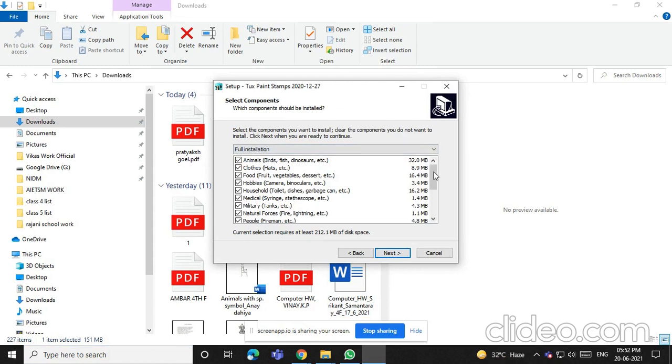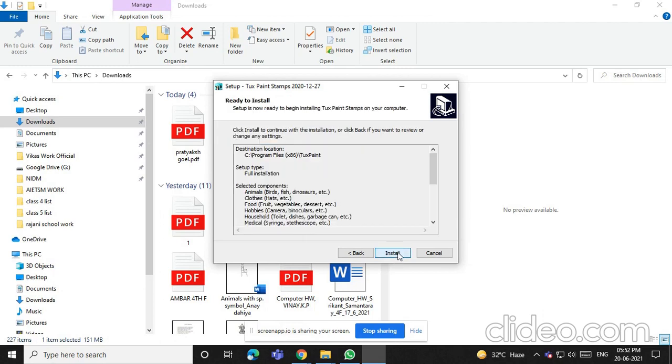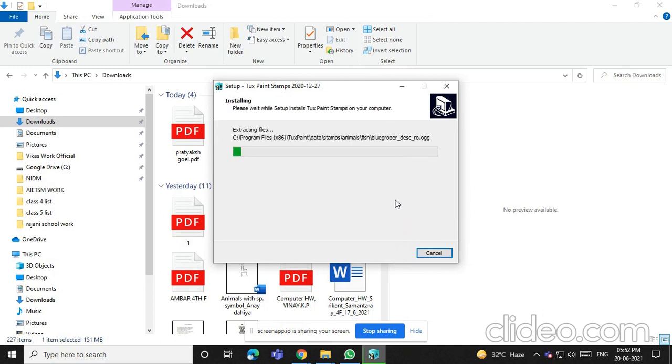These are the different categories out there that will be automatically installed in the TuxPaint window. Click on the next button again. Now you can see the progress bar. These all categories are being installed now.